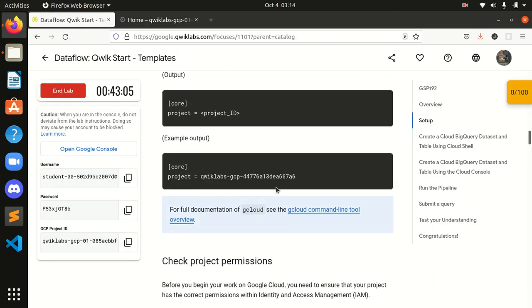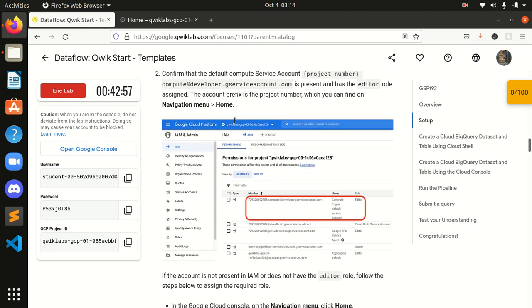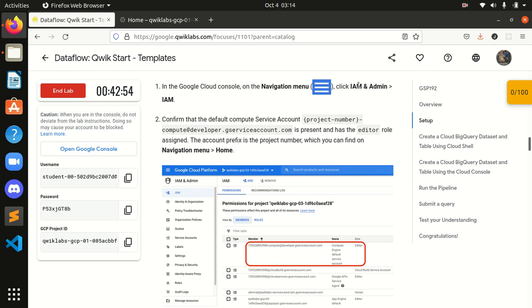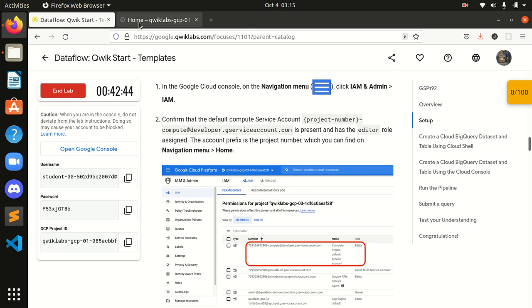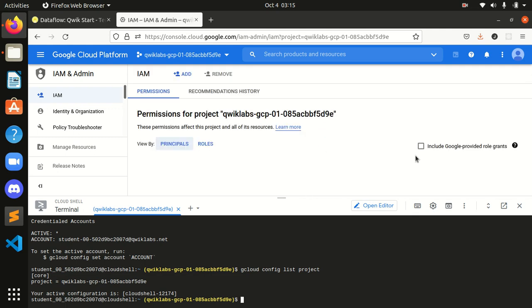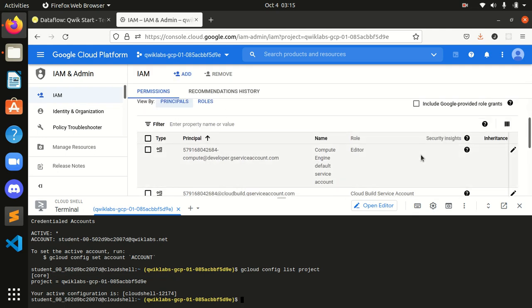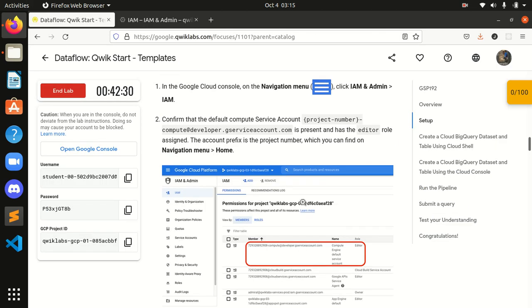Okay, we are done with this. Now what? Check project permission. Now let's check something. Click on IAM & Admin and let's check the project number, and we have given the editor role over here. Okay, I will come over here in IAM. Some things we need to check and confirm whether it's right or not. If it's wrong, then we have to make it right also. So come over here and I scroll down. Yeah, it's given already editor permission, so no need to do anything. Okay, we are done with this.